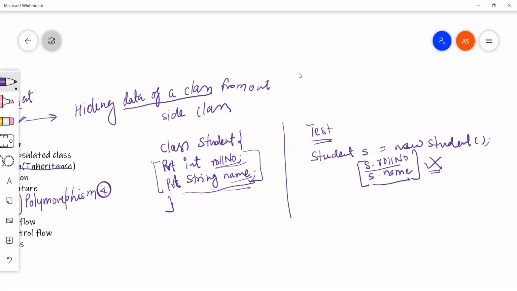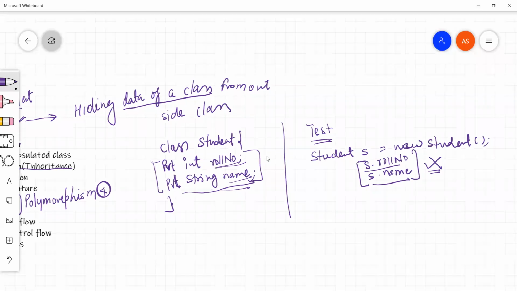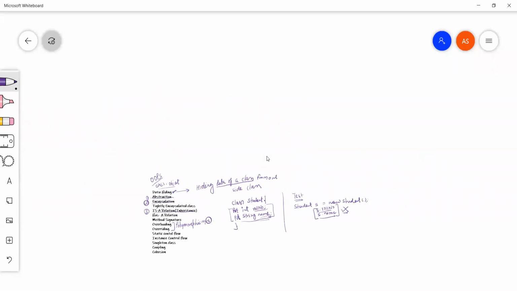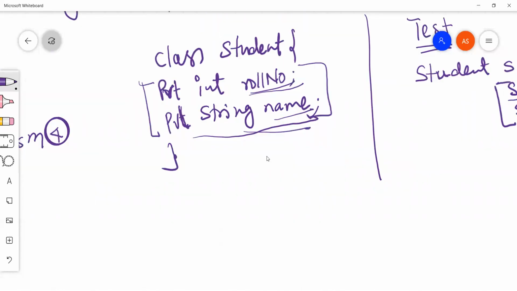So we can have a concept called setter and getter, which we will be using very extensively. In the setter and getter methods, we can implement our logic.